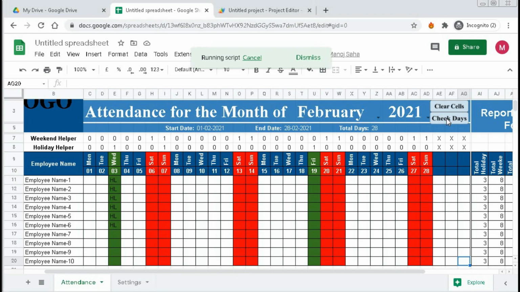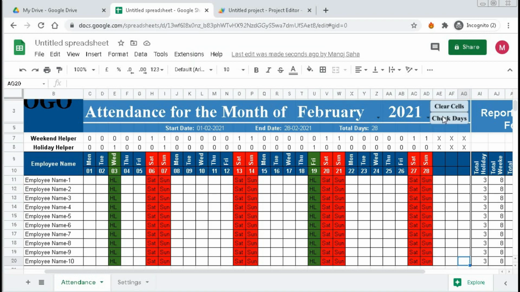Now you can see the holiday columns are filled with HL and weekend columns are filled with weekend names. You can see here. So in this way you have to create the app script and create these buttons and assign the buttons with the script. But always remember, for the first time when you run the script, it will ask for authorization.